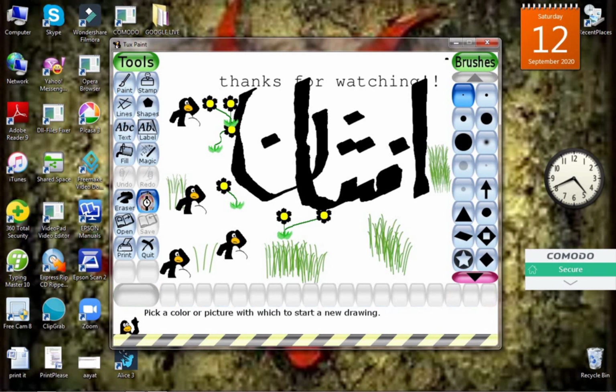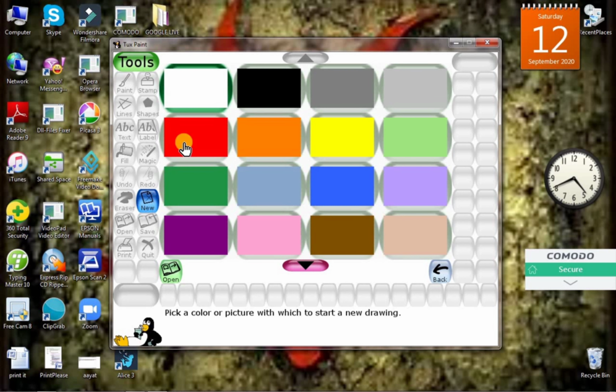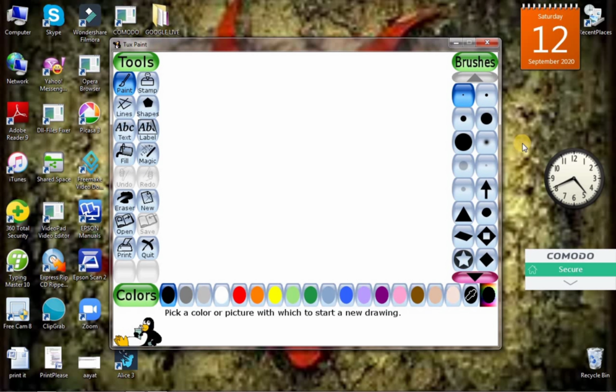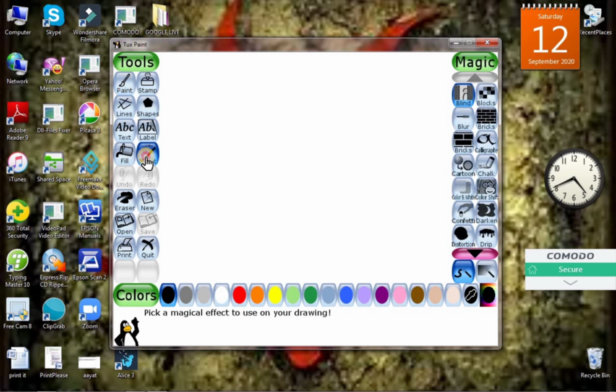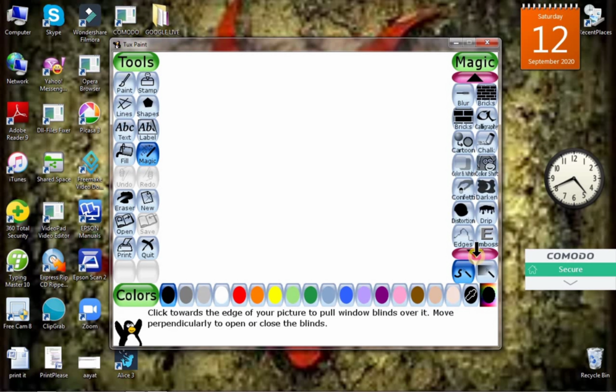So how to do one? You can just start any screen. You can use a blue screen or a black screen, any screen you want. And open it. Then here you can see there are many options like magic. You can go and get something like here. See, these are the colors, chalks, calligraphy.